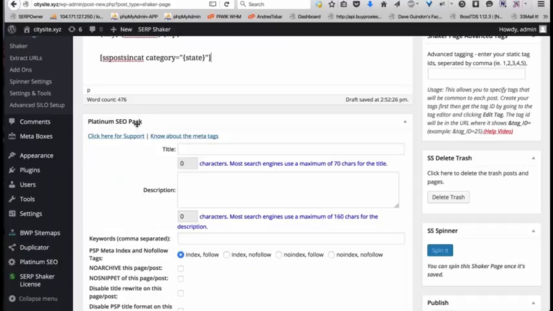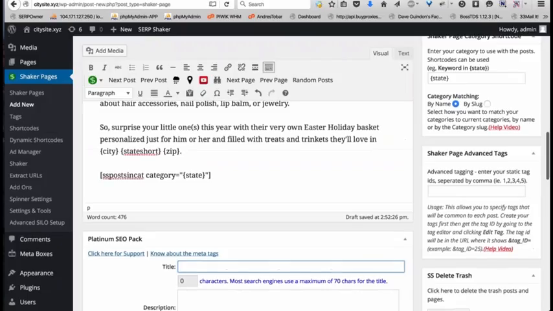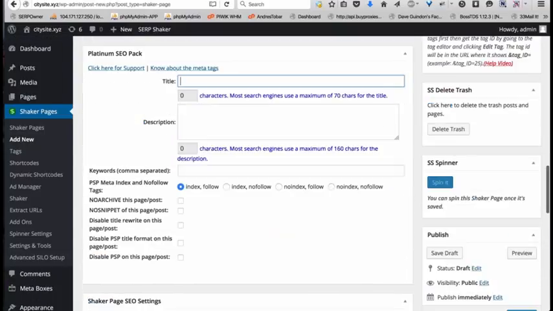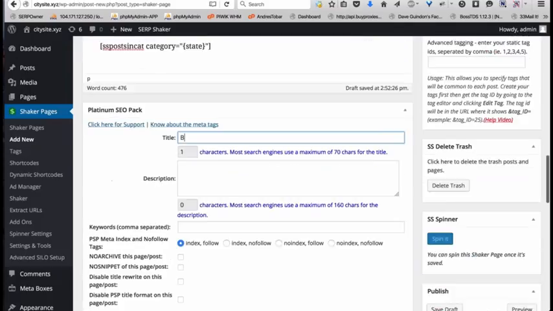The Platinum SEO pack, this is just your regular SEO plugin. This is what shows up in the search results. So we're going to take a variation of that slug that we used at the top and put it on here. So: buy personalized Easter baskets in city, state, short zip.